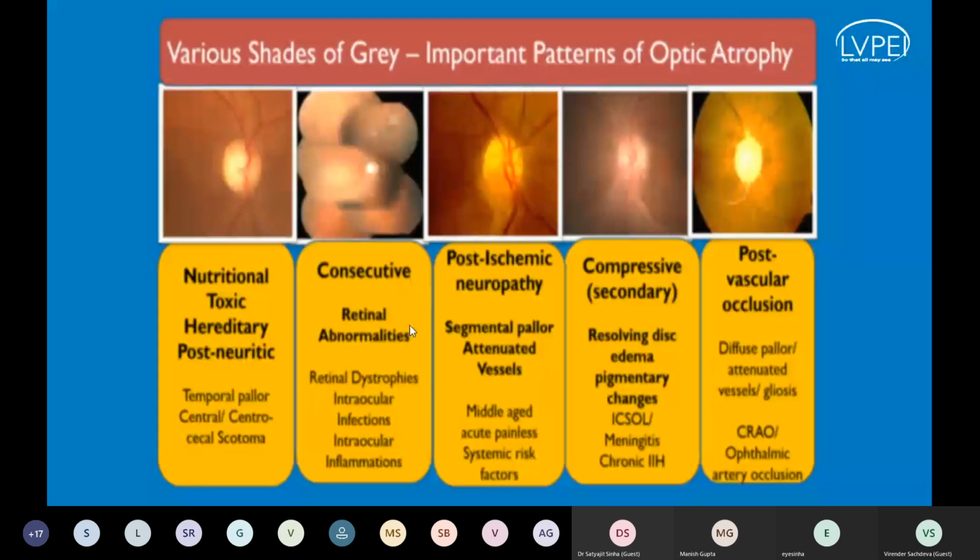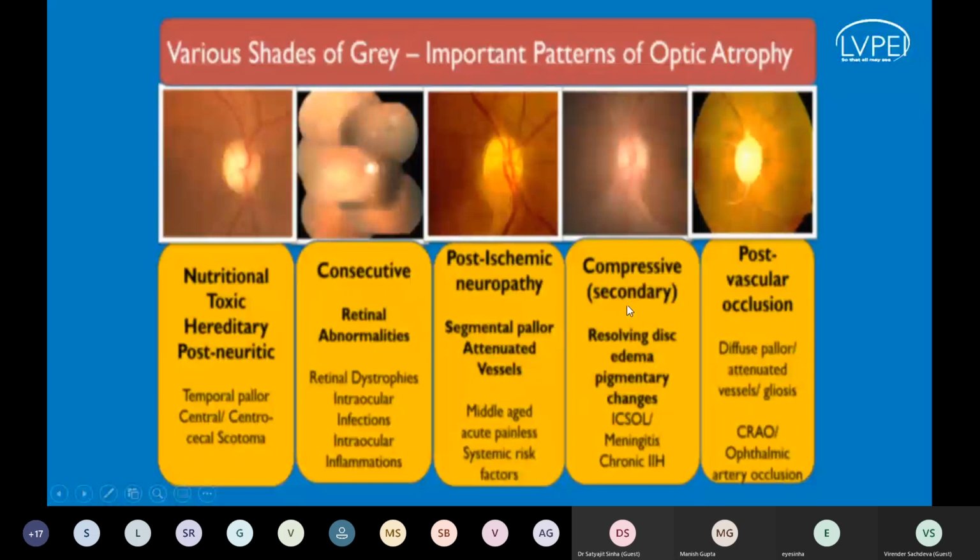This slide tells you the 5 different patterns that we see in a patient with optic atrophy. You can see a temporal pallor, which is suggestive of nutritional, toxic, hereditary, or a post-neuritic optic atrophy. You can see an optic atrophy with retinal lesions, which is suggestive of consecutive optic atrophy. You can see optic atrophy along with presence of sectoral pallor, attenuated blood vessels, which is significant about a post-NAION